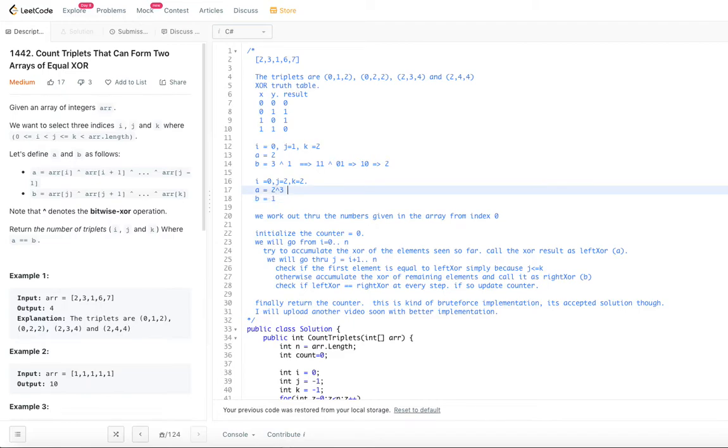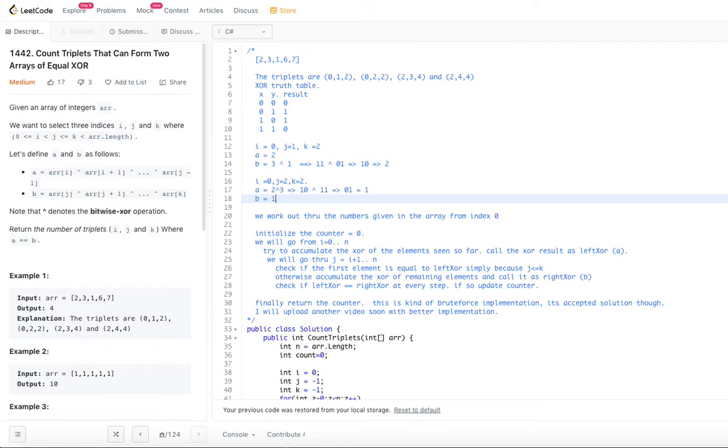So for 2 XOR 3, again we will go back to our binary representation and work it out. So this will be 0 1, which is 1 in integer representation. A and b are equal. A is equal to 1 and b is also equal to 1.